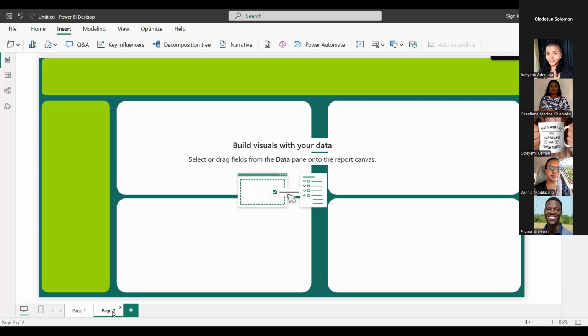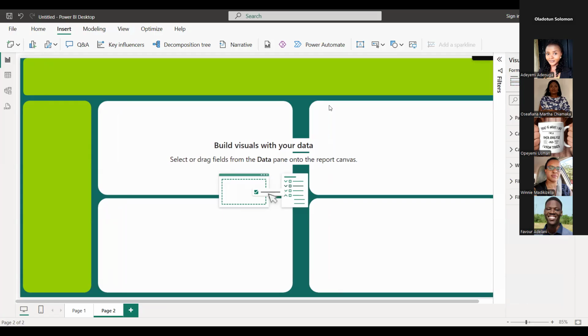Like when you are inserting the image, where do you click for it to appear on the canvas? I didn't see that. Oh, okay. Can you see my screen still? Yes. So canvas background, then I clicked on image. When I clicked on image, it will ask me to browse, that is to go and select the folder where I saved the picture I want to bring in. From the moment I select the image, it will bring it in. All I have to do is change the image fit, and that is all.